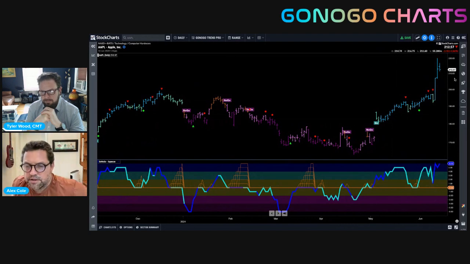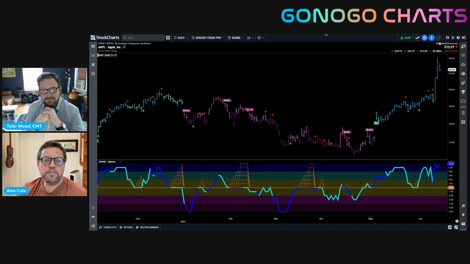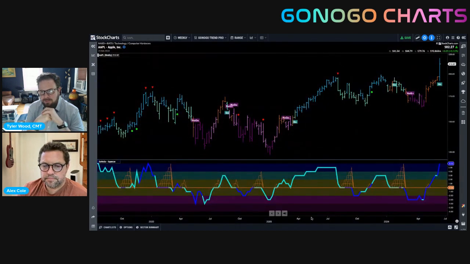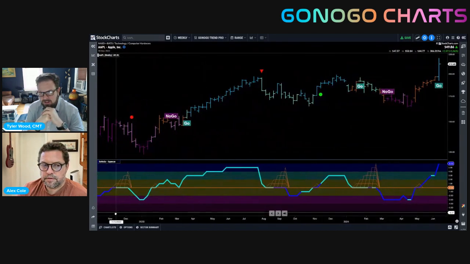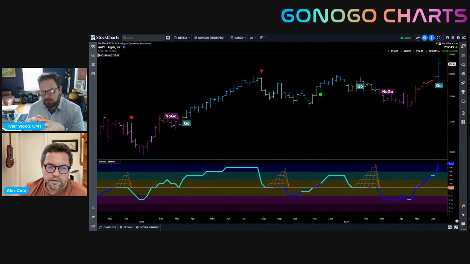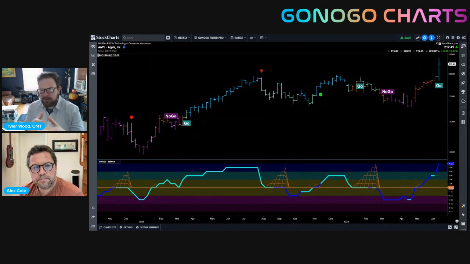But on the monthly chart, it really just looked like a continuation of business as usual for Apple. Right. And let's go back to that weekly where we saw a string of amber neutral bars preceding this move. Now, there's a couple things that I think are helpful to point out in terms of chart construction. On a weekly time frame, Apple had rolled out of its go trend, painting some neutral, and then entered a no-go trend in March this year.